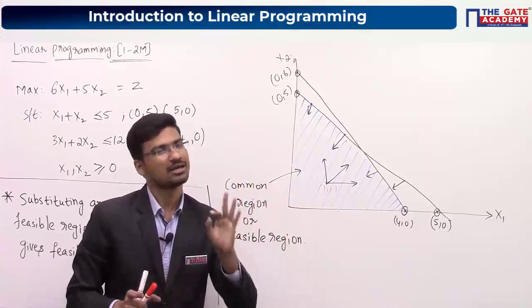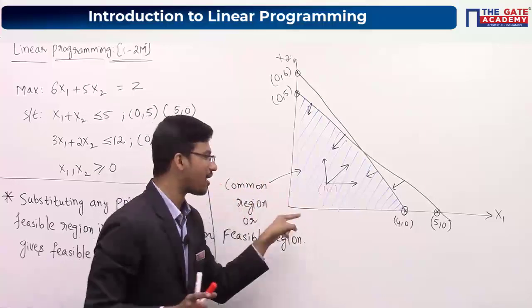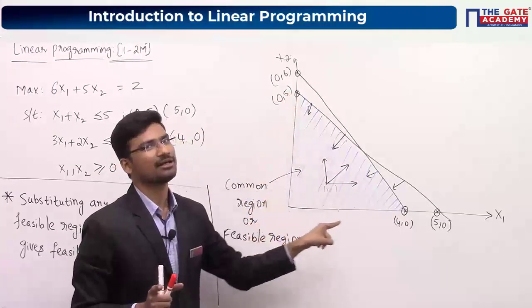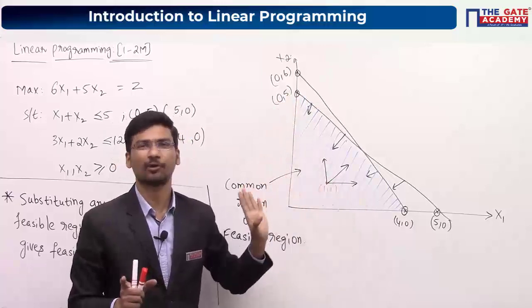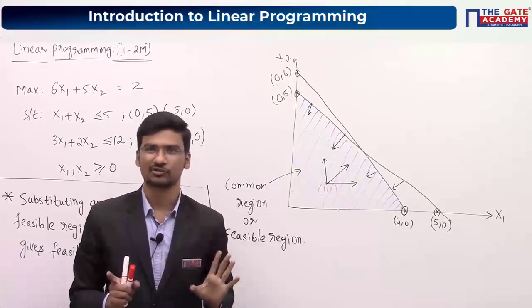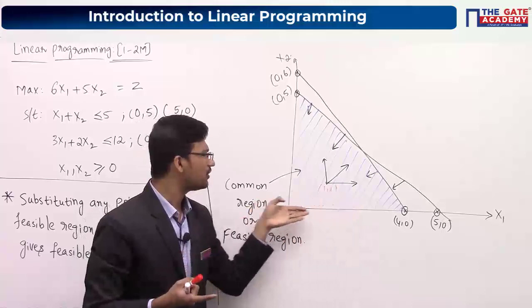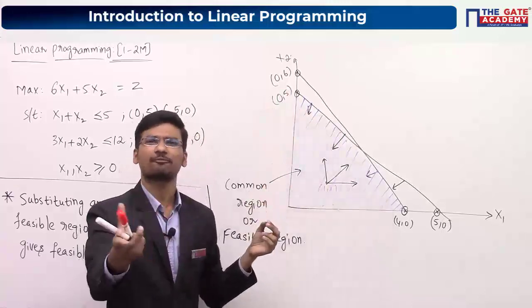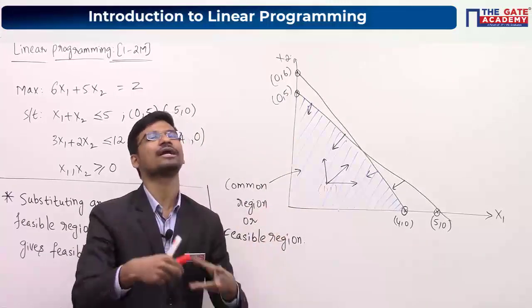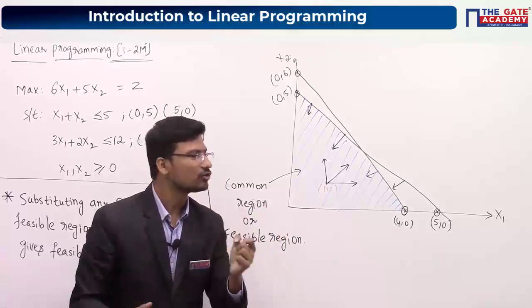That means definitely our optimal solution will be lying on the boundary of this particular feasible region or this polygon. Okay. So this is our first conclusion. Again, on the boundary also, you will be having infinite number of points, right? So again, how to find which point is optimal? Now to find that,